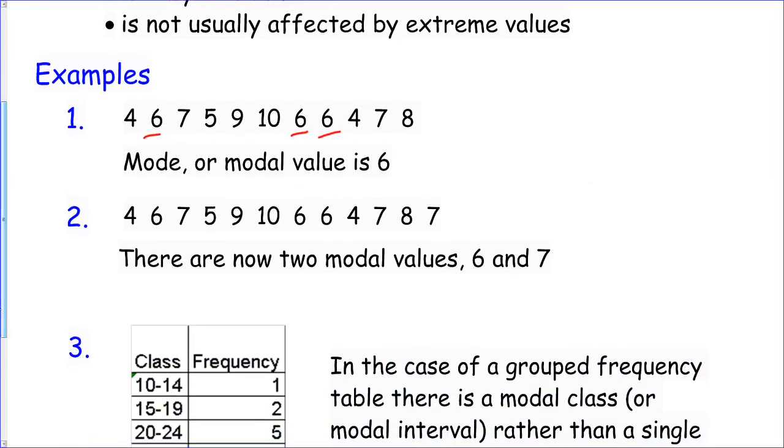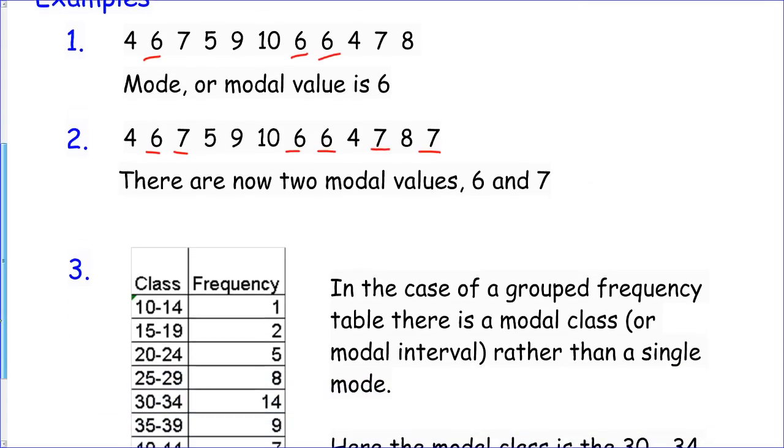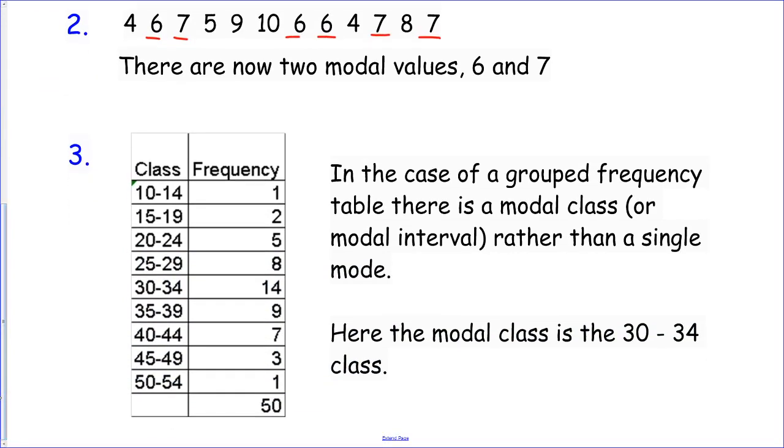If there are 2 modes, for instance we've got 2 6s and also 2 7s, 3 of each, so we've got 2 modes here. Sometimes this is called bimodal, but we've got 2 values for the mode: 6 and 7. When we start to look at grouped data in here, you'll notice now we use the words modal class,